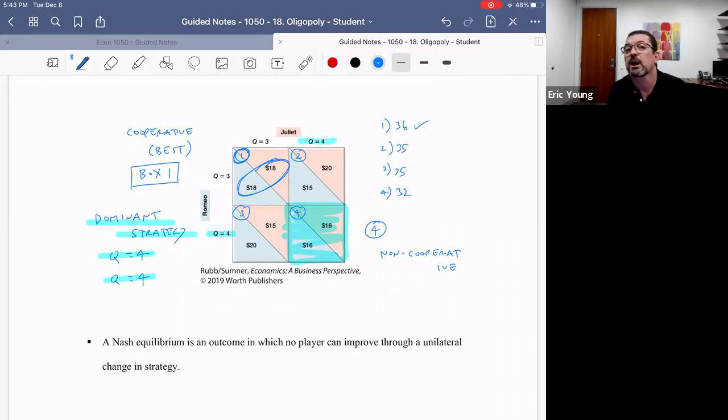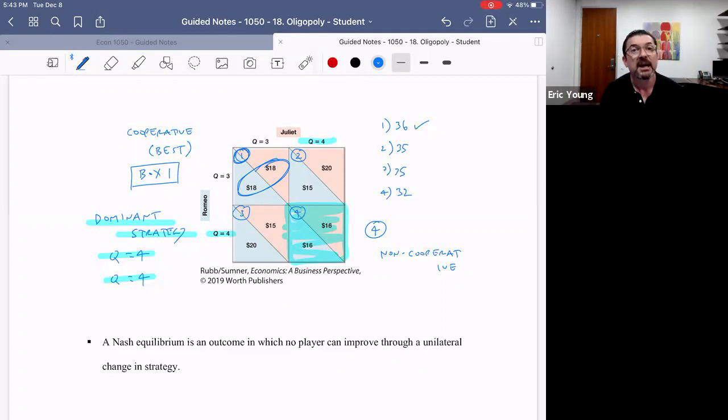This is the reason why cartels are unstable. This is the reason why there is incentive to violate. This is why cartels fall apart. The payoff matrix that we just learned, the implication is that what's good for the one can be bad for the many. And what's good for the many can be bad for the one. The incentives fight each other.